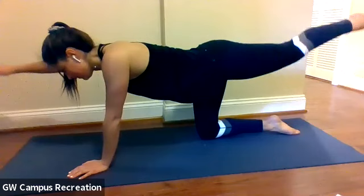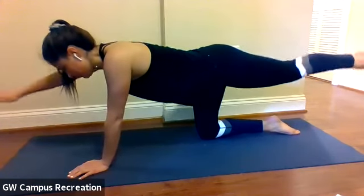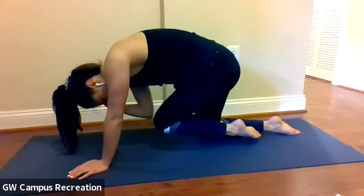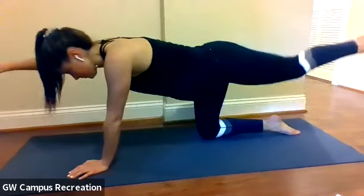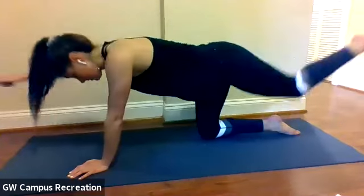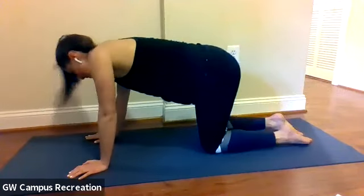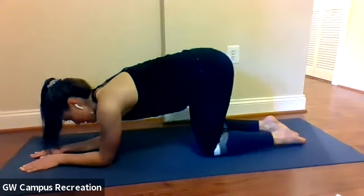So 10, 8, 6, 5, 4, 3, 2, 1, and then bring them in. Elbow comes to knee and stretch. For 4, 3, 2, and 1. Lower hand and knee down, and then we're going to come down to our elbows here, and that